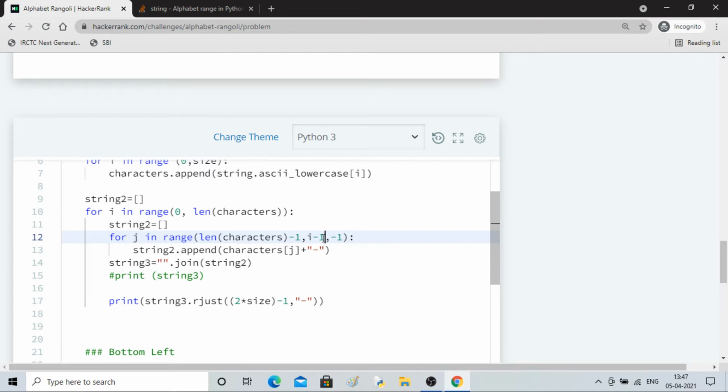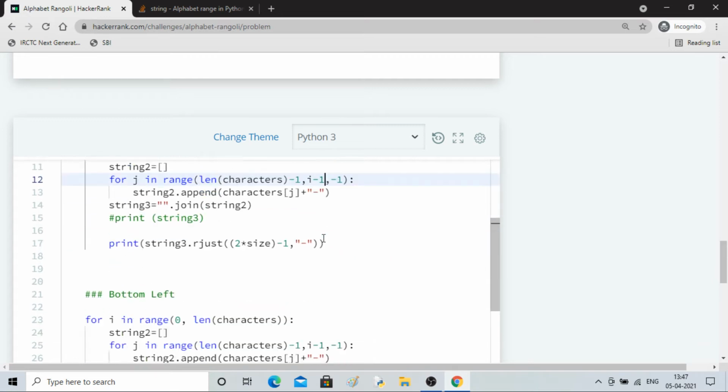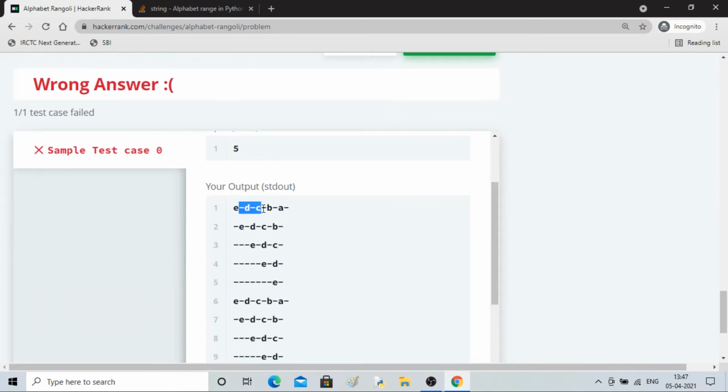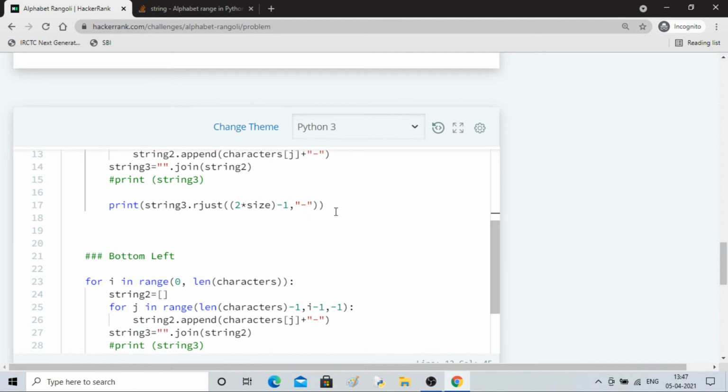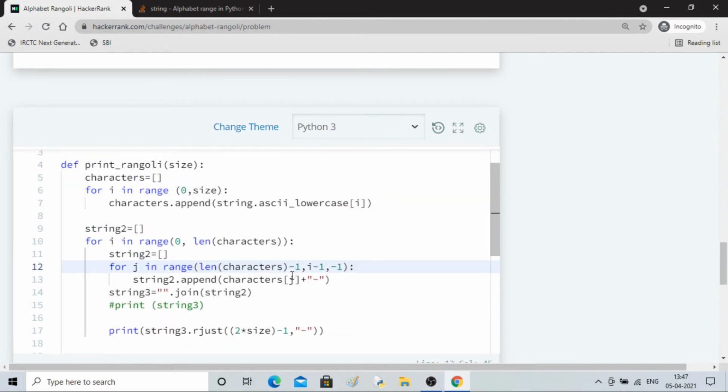If I start with 0, we are going from the first row, so ED, this has to be E only. We have to arrange this so that it will only print E. So characters, we'll start with E, and then it has to keep on decrementing.